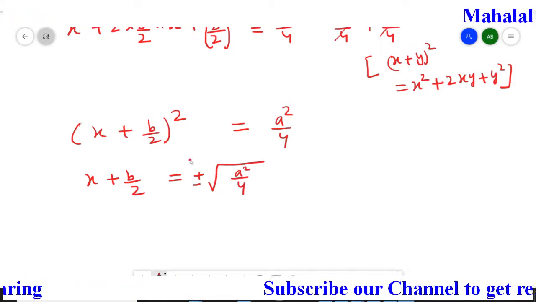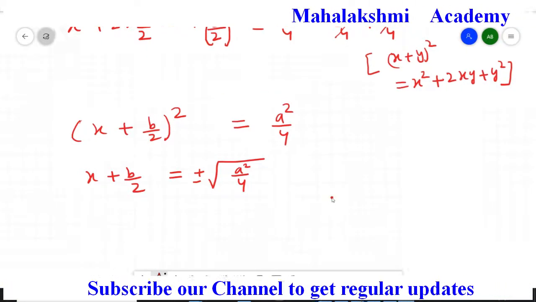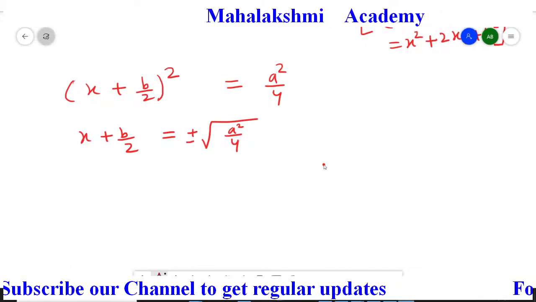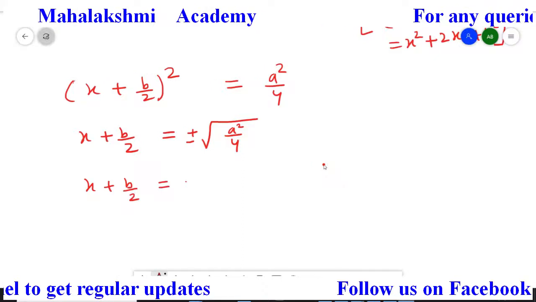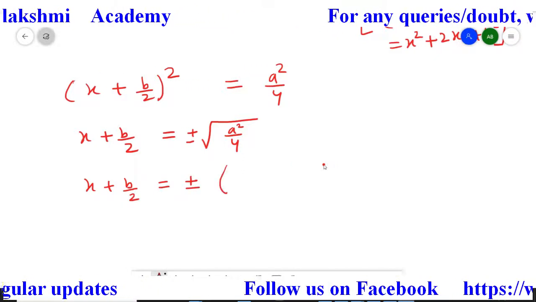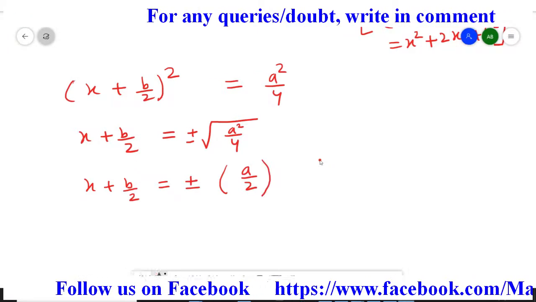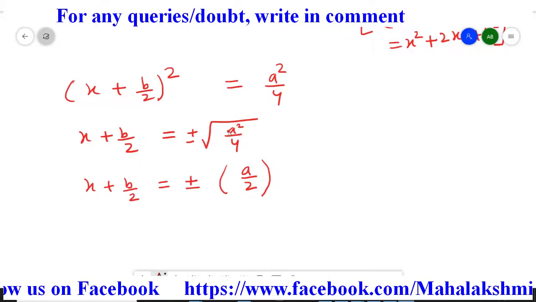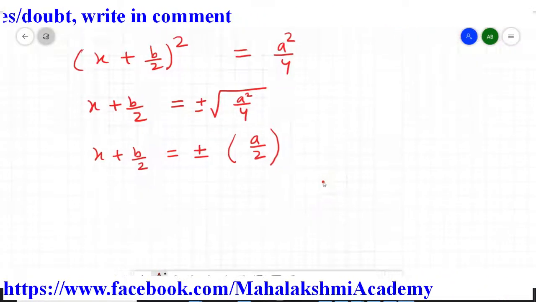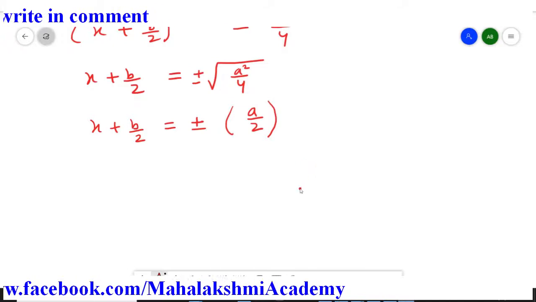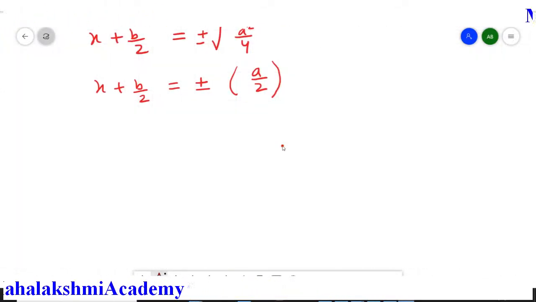Because, student, here the square is there, so when the square shifts here, you have to take the square root on the other side. So when we simplify it further, we are going to get x plus b upon 2 is equal to plus minus a upon 2. Now why do we obtain this? Because, student, this a is in square, so it will come out of the root symbol, and the square root of 4 is 2. Now we will take both the cases one by one. Once we will take plus a upon 2, and the second time we will take minus a upon 2. So case first and case second.